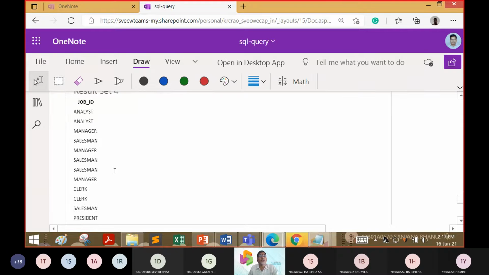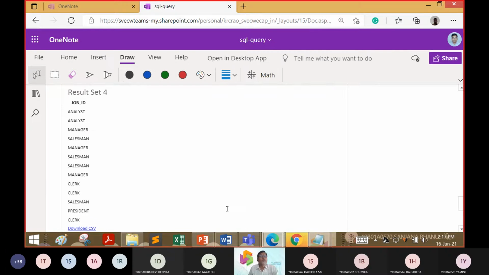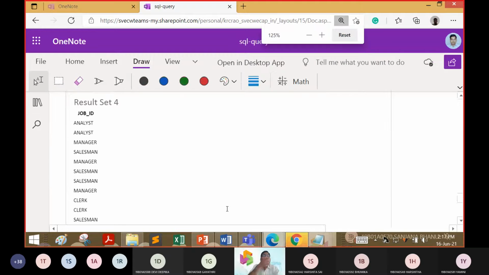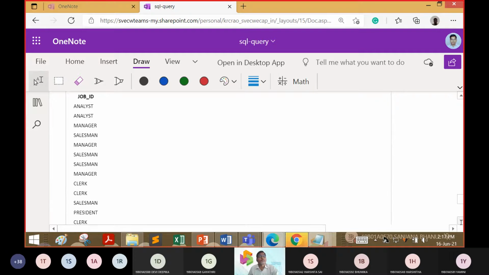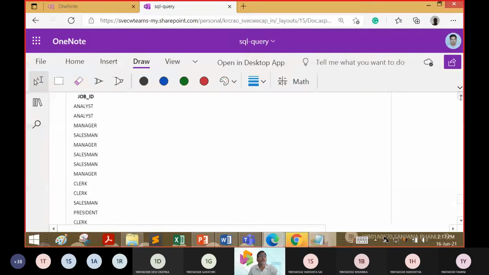So now I am going to show you here 13 roles, right? These are the 13 roles which are available at this point right now. Now, can you tell me what answer we can expect if we execute this? If I use the word distinct, what are the elements it is going to show?